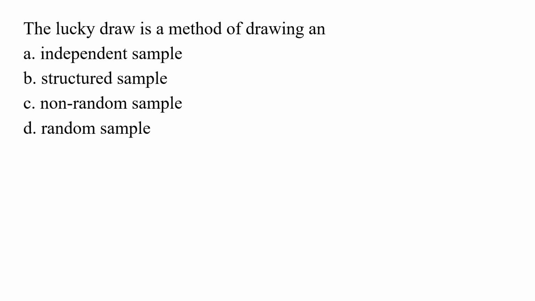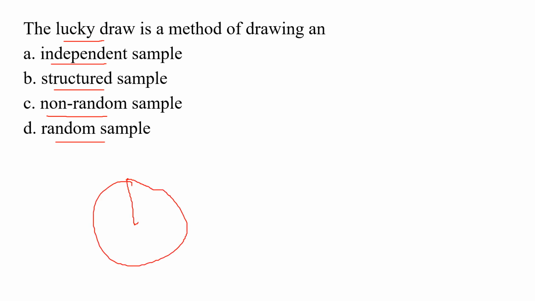Lucky draw is a method of drawing an. So here in this question they ask you, lucky draw is a method of drawing an, for which the first option is independent sample, second is structured sample, third is non-random sample, and the last one is random sample. The concept of sampling involves selecting a portion or a sample from a bigger group. For example, this is the whole population and this part is the sample which we select for our research, okay? And there are three methods of sampling in research,